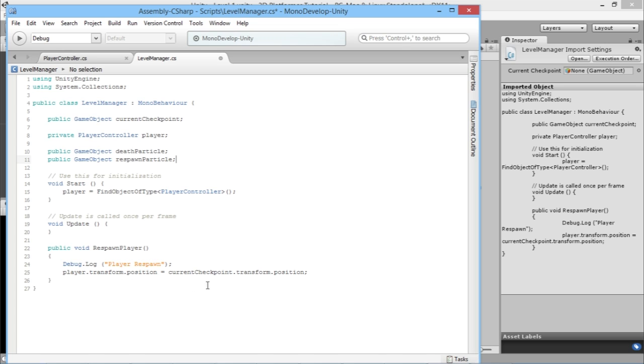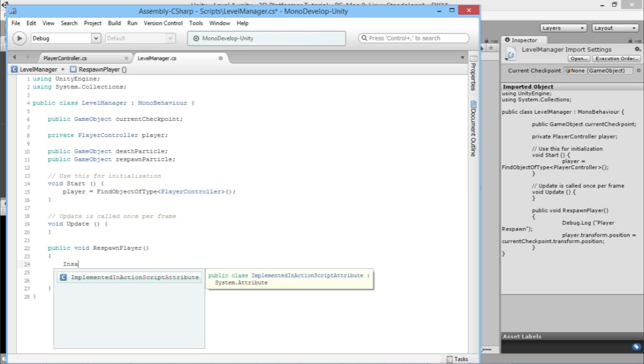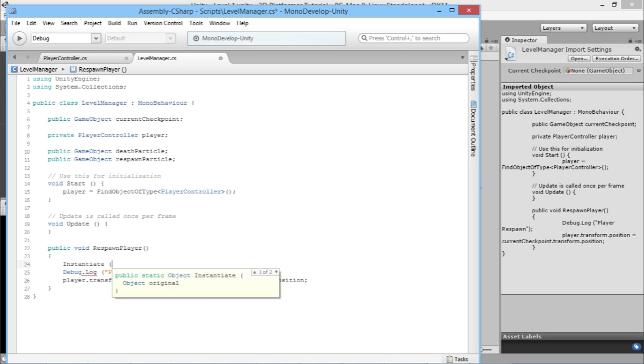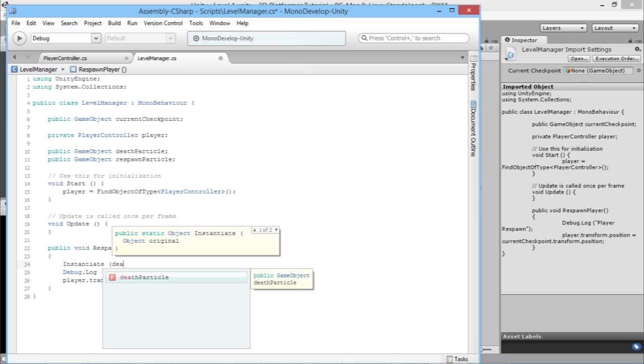And here's the little bit of code that handles the respawn. So this is the point here where the player is being respawned, or being repositioned. So before he's repositioned, what we want to do is instantiate, if I can spell it correctly. There we go, instantiate. So what instantiate does is create a copy of whatever object we decide that death particle is, for example, or a respawn particle. So here we're going to instantiate our death particle, and it'll create a copy of the death particle and